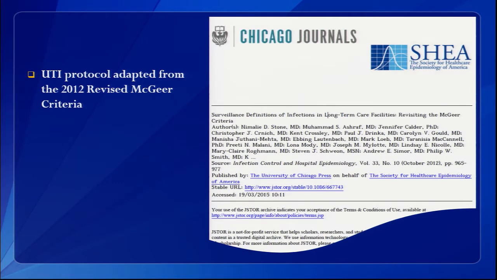I've been doing long-term care with Namali for a year now, and I read this article like once a week just to refresh my memory of why we do what we do. It's a great article. Actually, Namali was an author on this article, but I do encourage you. It has great rationale, and not just the NHSN criteria, but other criteria as well that you may be interested in.